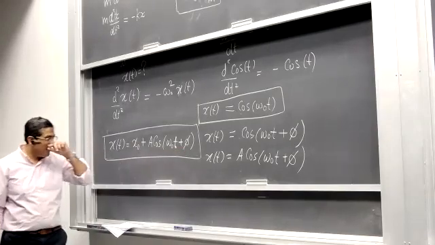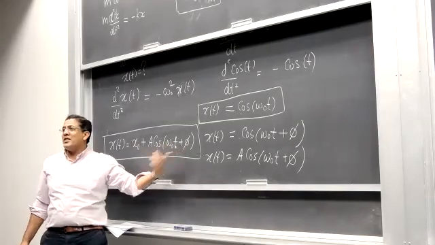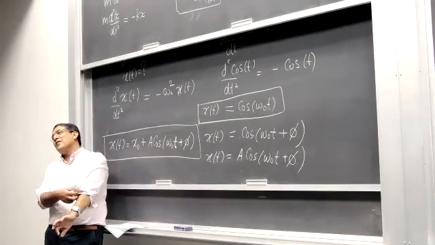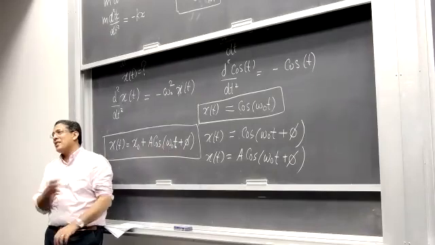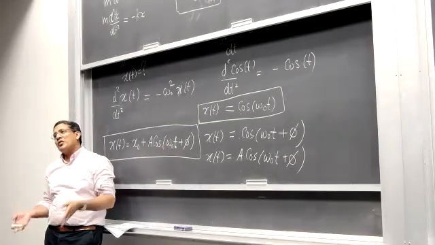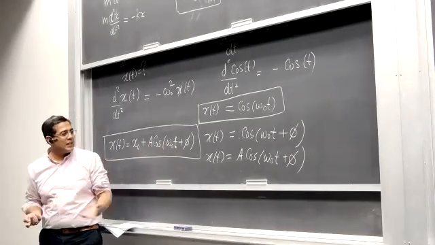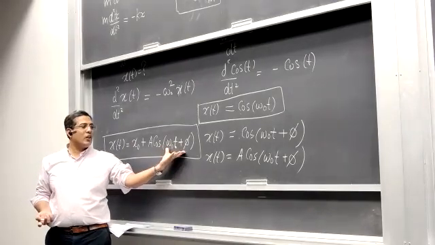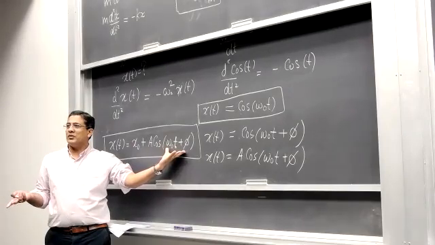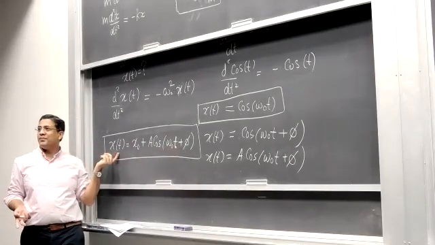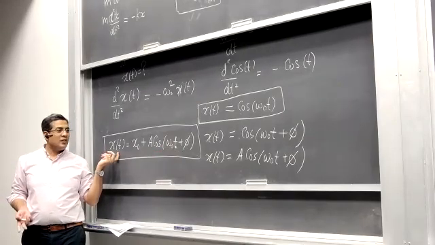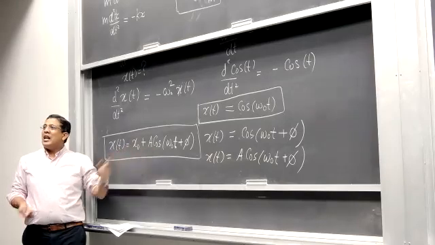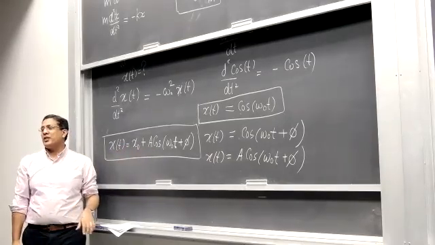Okay, this whole thing in the parenthesis is called phase. Phase is exactly what it means. What phase is the oscillator in? For example, if this argument is 0, the whole thing omega naught t plus phi is 0, what would be x of t? X naught plus A, at the rightmost extreme position.